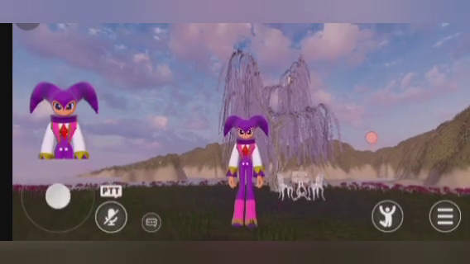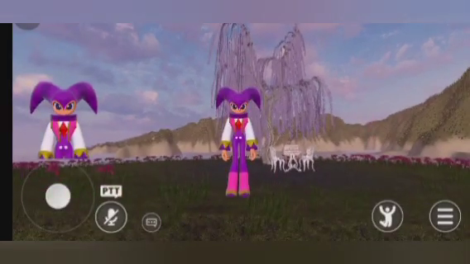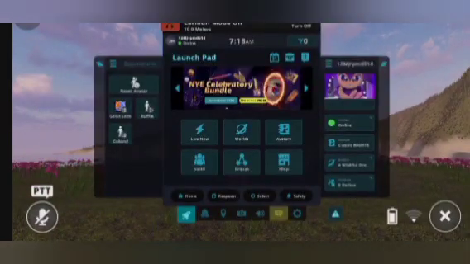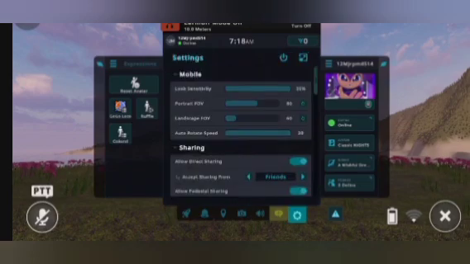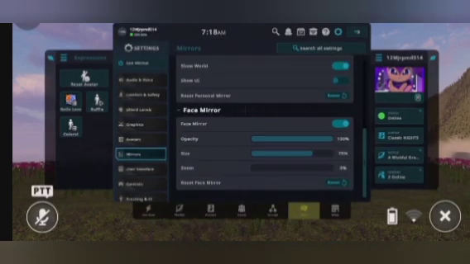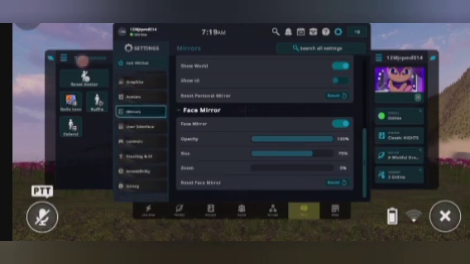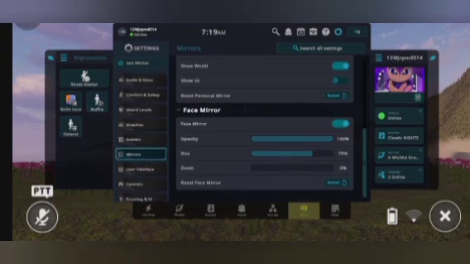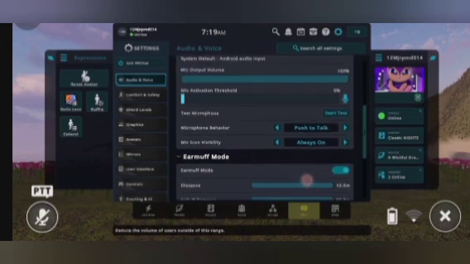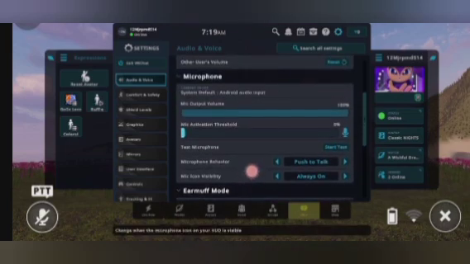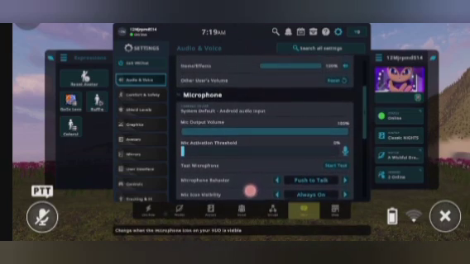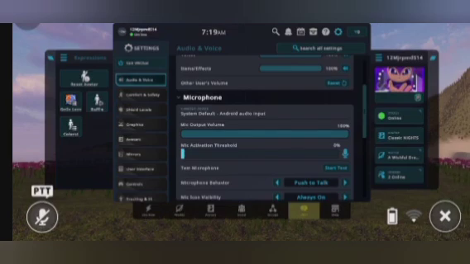So I'm going to basically show you some more features in this VRChat mobile tutorial for mobile devices of either tablet or smartphone. And for one, I wanted to demonstrate the microphone for a bit more compared to the last time. So far as shown here, the microphone once again will not necessarily function as it should because